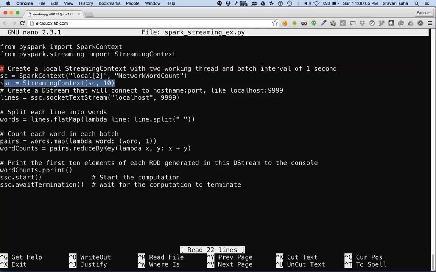And then here we are saying create a streaming context on top of Spark, and on top of the streaming context, open the connection at this port. It's going to connect to this particular port to listen to the data and then start processing.